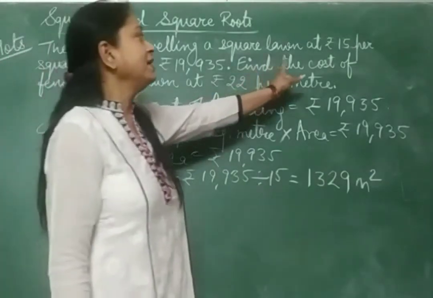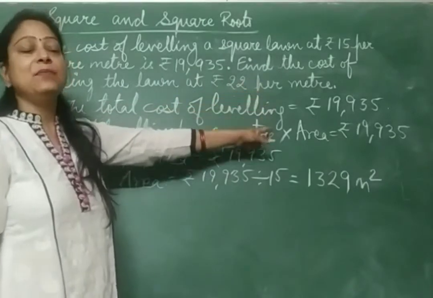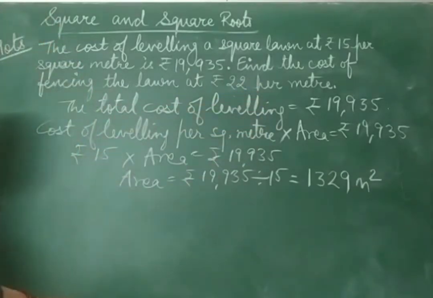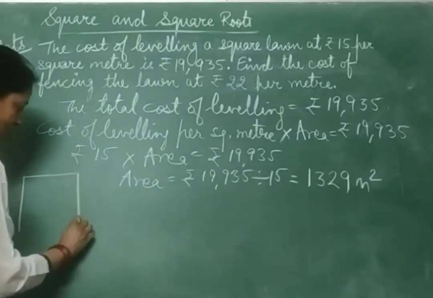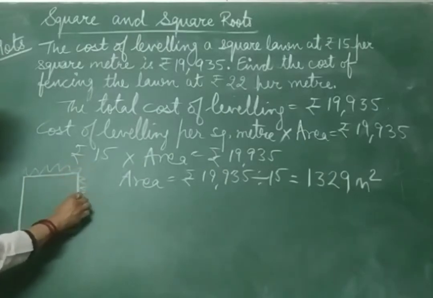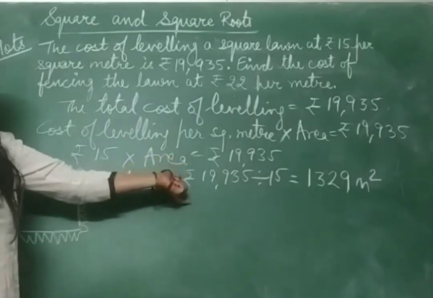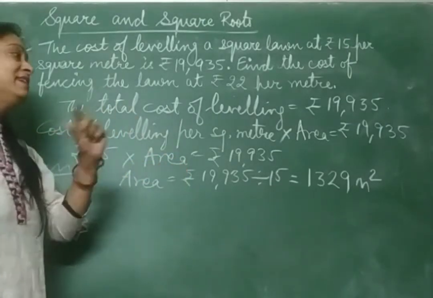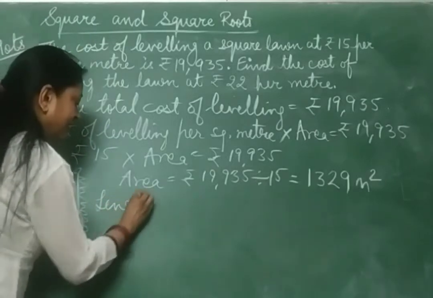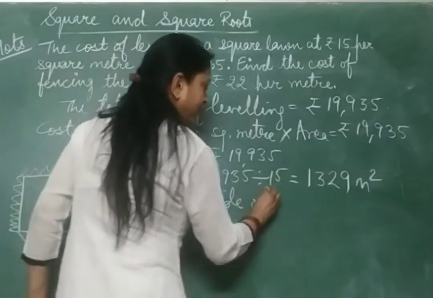Now we'll find the cost of fencing the lawn at rupees 22 per meter. Cost of fencing, आपको पता है ना, अगर ये स्क्वायर लॉन है तो इसकी फेंसिंग हमें कहाँ करनी होगी? यहाँ पर, है ना? फेंसिंग के लिए हमें आउटर बाउंड्री की जरूरत है, and outer boundary के लिए हमें length of the side की जरूरत है. If we know about the area, can you find the length of one side? Yes, length of one side of square